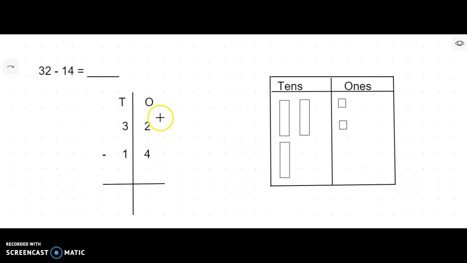So I don't have enough ones here to take 4 away. So what I'm going to do, I have 3 tens here. I'm going to take one of my tens and break it up so that I have enough ones to take away 4. I'm going to cross out this 10. This is the 10 I'm going to be breaking up and turning into 10 ones. So I've broken up my 10 into,